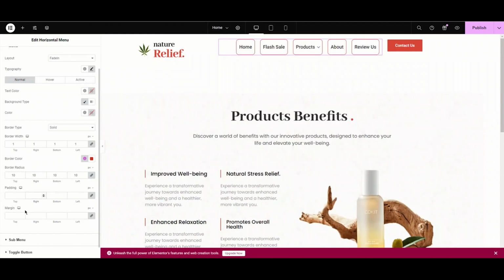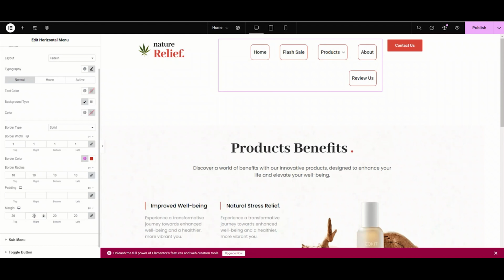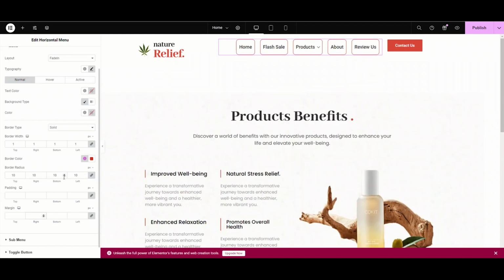Now we have this margin option. Basically, margin setting impacts the space around a block. Margin is usually used to add gaps between the elements on a page. At first, I'm setting the margin to 20 just to show you how it works. And look. Now set this all to default. Feel free to play around with these options for more adjustments.